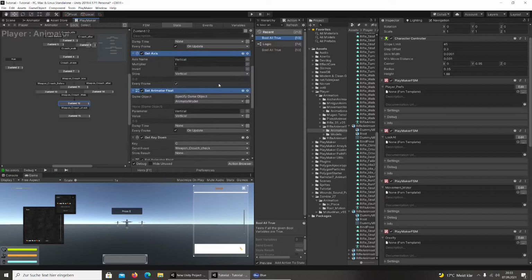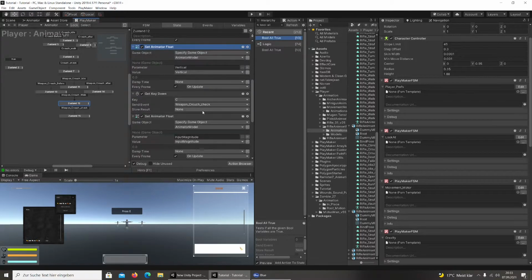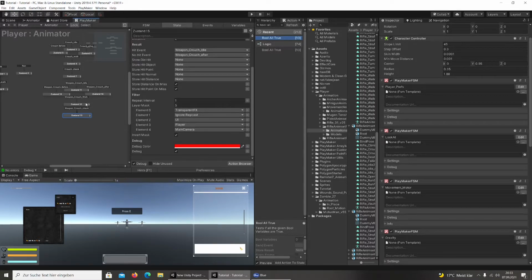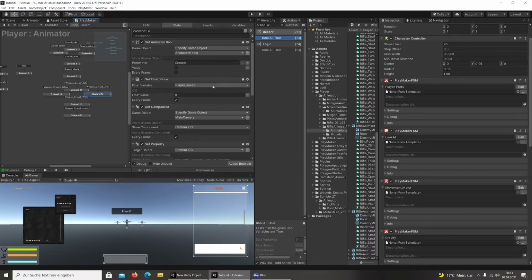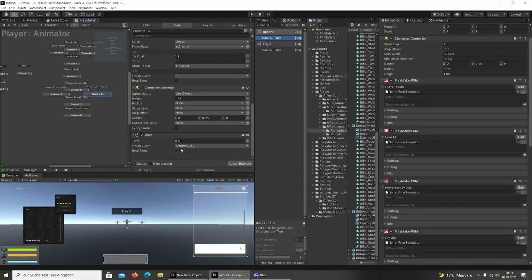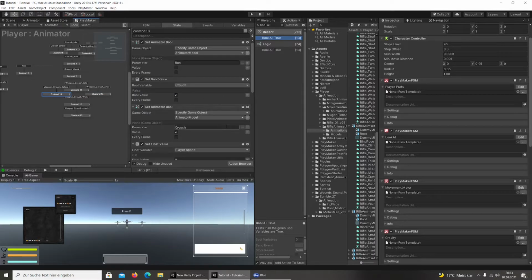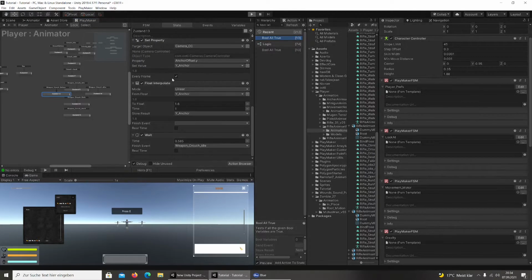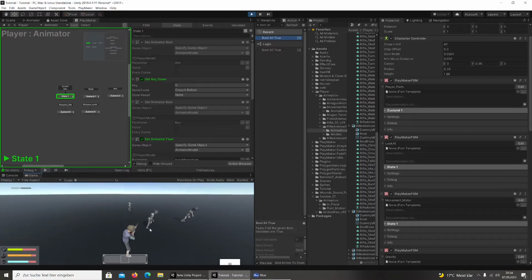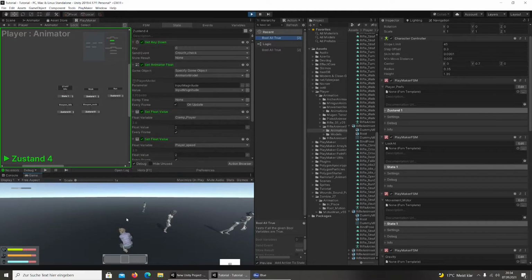So, and yeah, that's okay. Here's the weapon crouch check, that's okay. So, okay, I think all okay. So let me see. Take the gun to it, and then